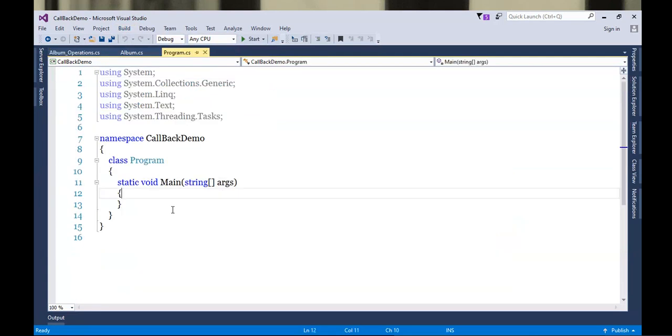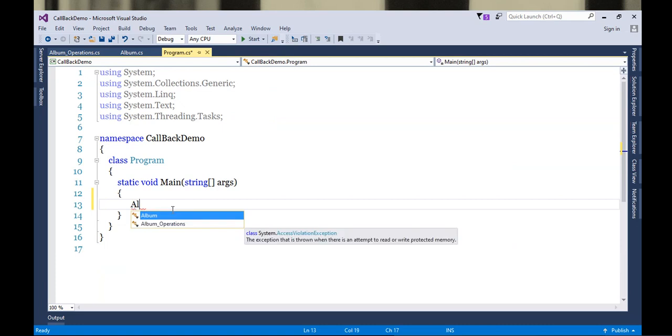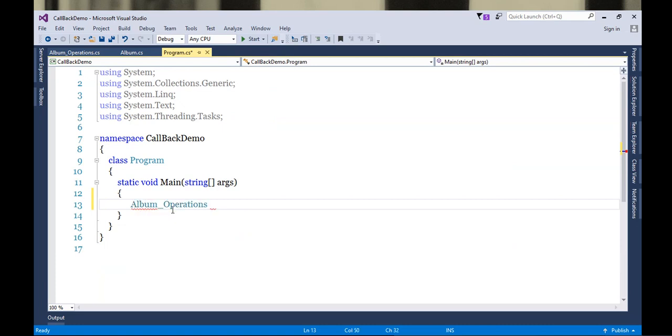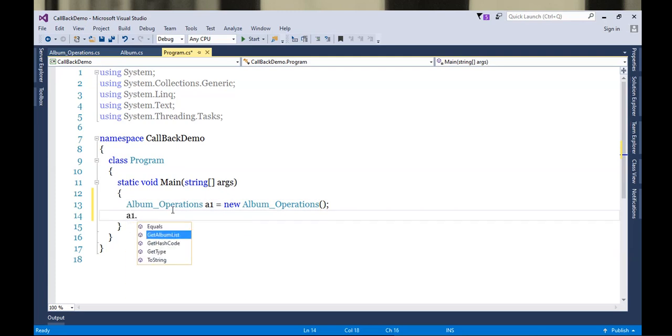Let's watch out whether it is showing the list or not. So prepare the object of album operations. And then we'll start calling the method get album list. What will this be returning?